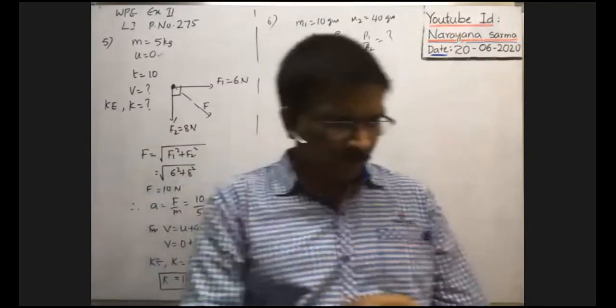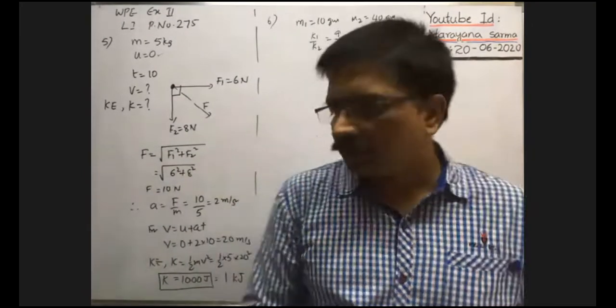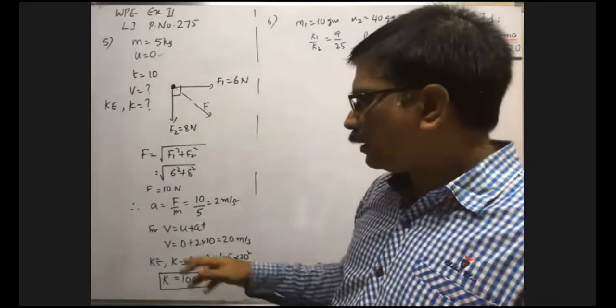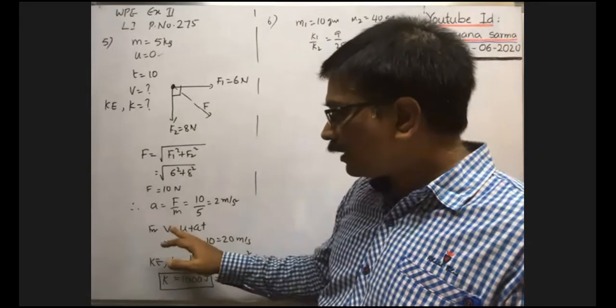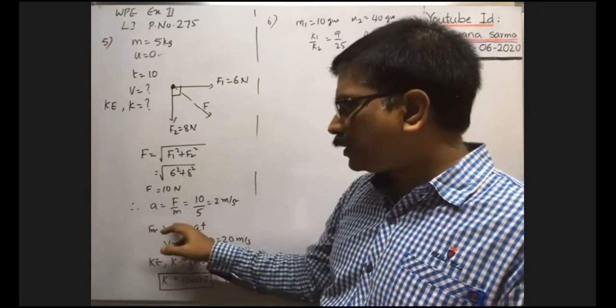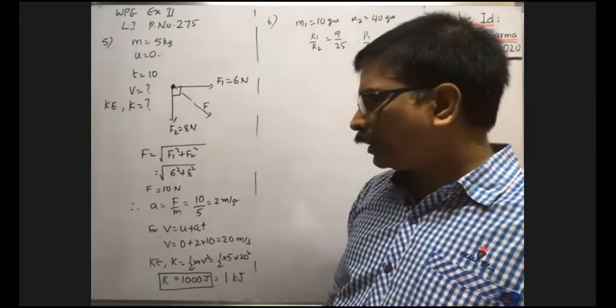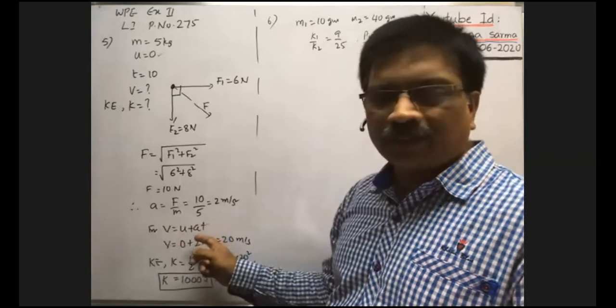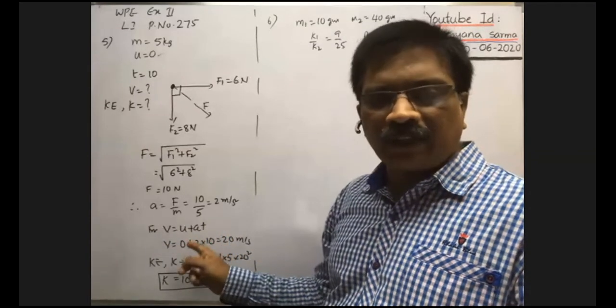Yes, sir. Okay. No, its actual formula is velocity upon time, no, sir? But acceleration is not velocity upon time. It is change in velocity by time. You see, acceleration is V minus U by T, no? Yes, sir. V minus U by T is the acceleration. Change in velocity, not just velocity.